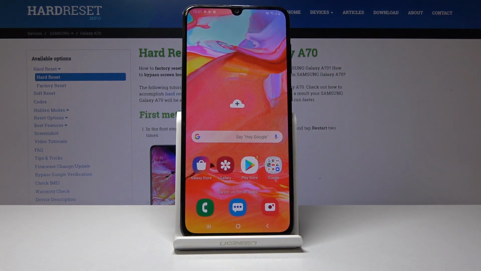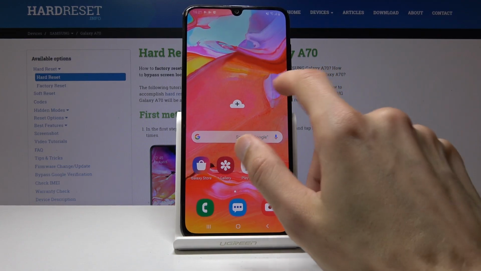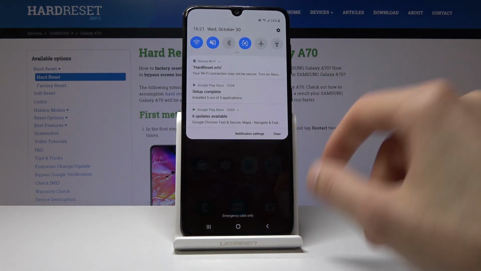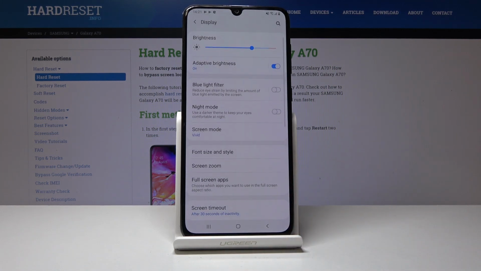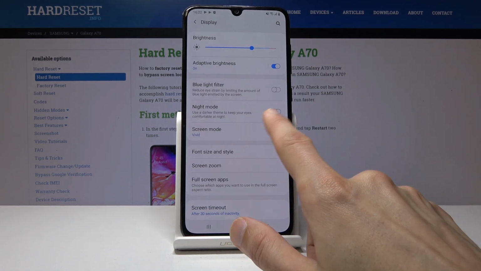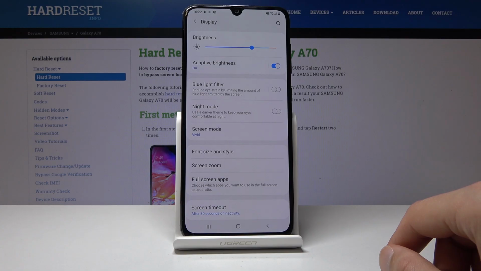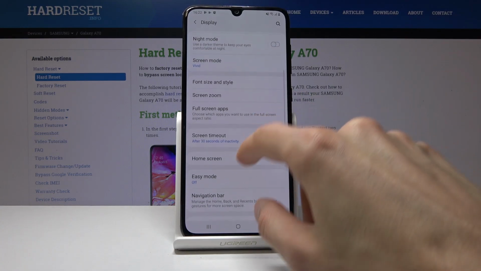Now moving on, we're gonna go into screen mode. What it will allow you to do is add a little bit more saturation color to overall the display and every other app on it. And it's more of a preference if you like more color or not, but to do it you go into the settings and then display, and then you should go into home screen,